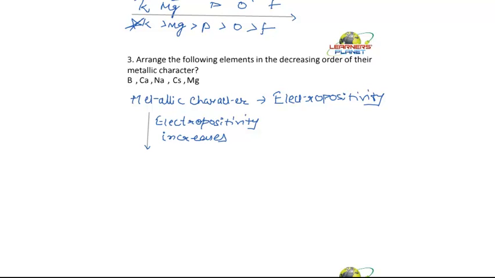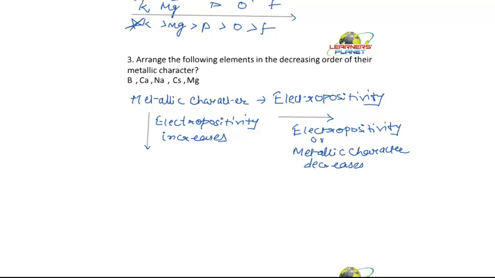Okay? Now when we move from left to right in the period, what happens to electropositivity? The electropositivity or metallic character decreases,